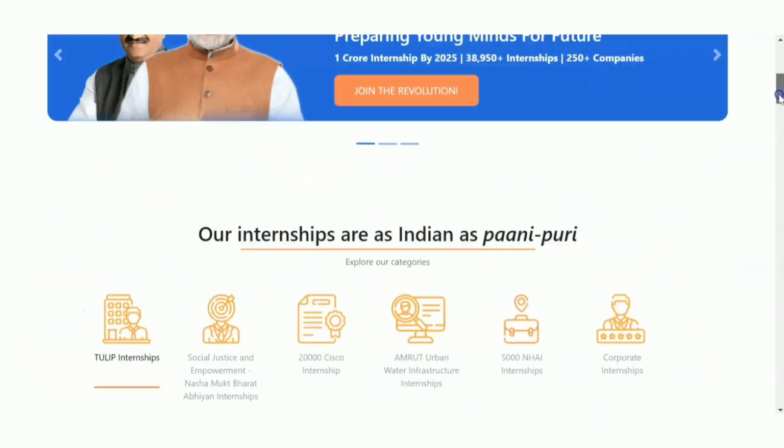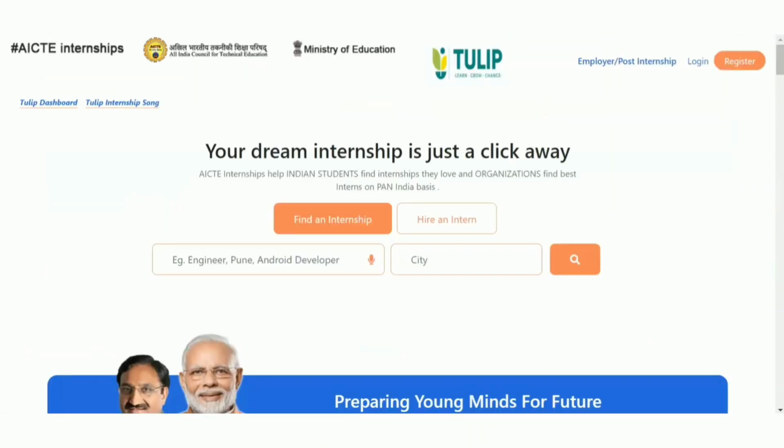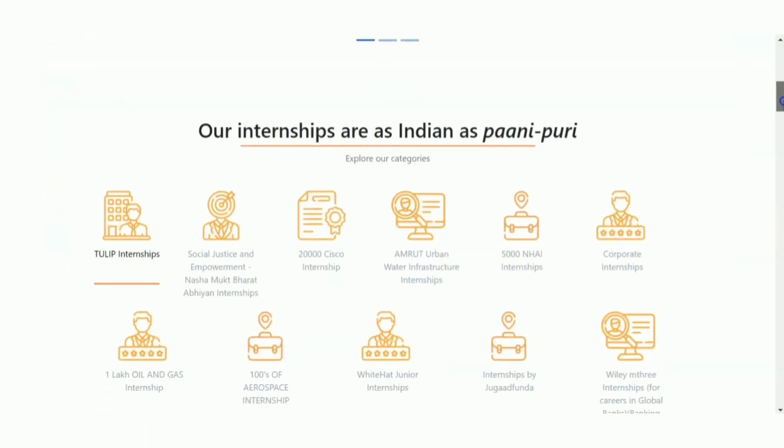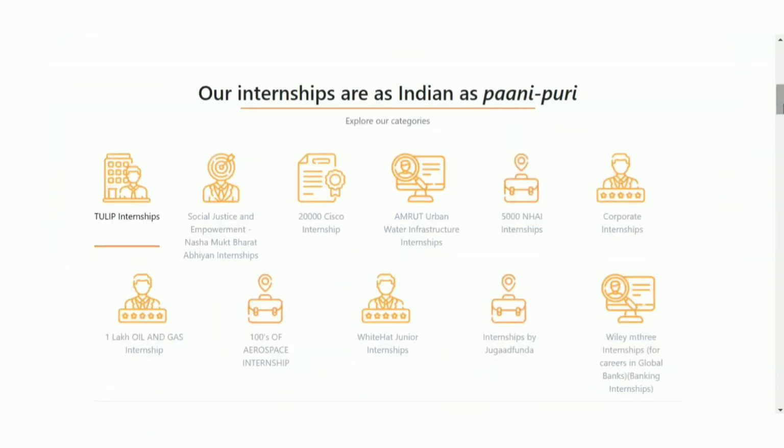One of the biggest advantages of searching in this site is that since it is a Government of India site, you can find only true and verified companies here. There is almost no chance of falling into a scam. You can assure 90% true and authenticated notifications in this site. I'm not saying 100% because there is sometimes a slight chance of a scam, but they are using a tagline, which I'll show you later, saying that they only post internships and jobs of verified companies.